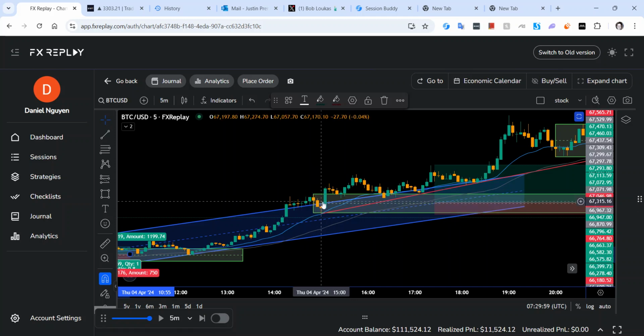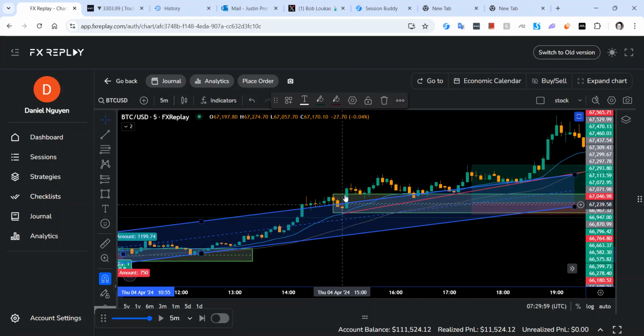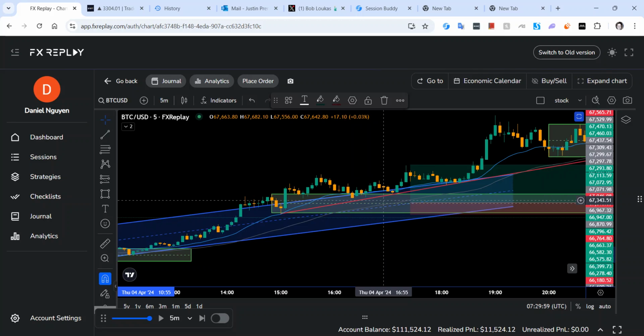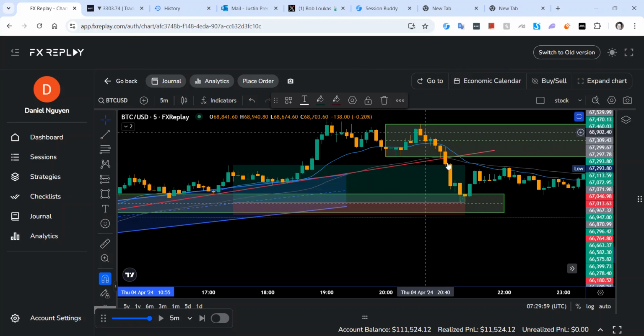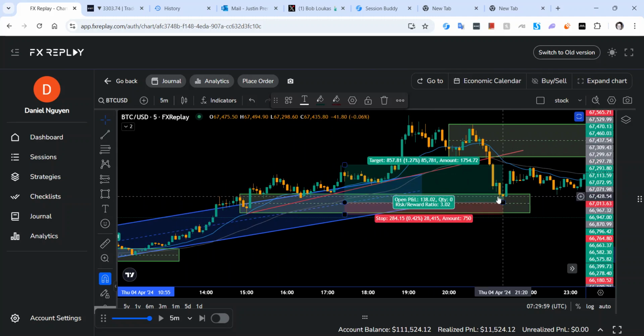You put your entry above the midpoint, stop below the bottom of the zone. And what you use to try to identify it is you want to make sure this zone has not been tapped. So the price came into here, but it didn't tap the midway point. You want to wait. See how it pushes away from it? It didn't tap the midway point. When it finally comes back to this midway point, you do want to be checking to see whether it ends up